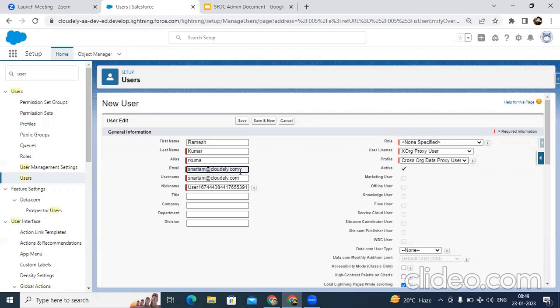Now there is something called the username. Username is basically what you use to log in to your Salesforce account. Now the username cannot be duplicated inside your Salesforce org. So what happens in a very big organization? I have seen up to 3,000 or 4,000 licenses, 4,000 users of Salesforce in a single organization. When I was working in Salesforce technical support, I saw that kind of huge